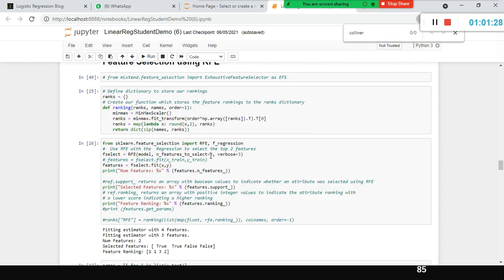So now you understood how to do feature selection in Python. We have something called RFE. You don't rely only on RFE or stepwise regression. We have some other techniques also available, which I will discuss later.